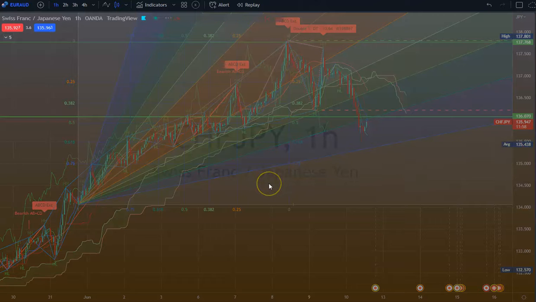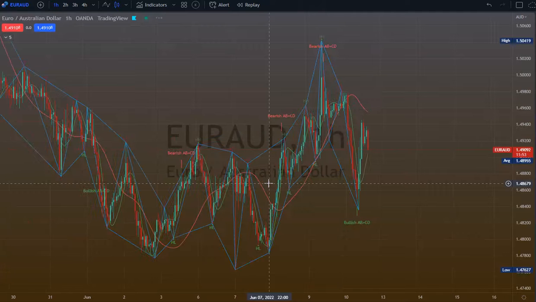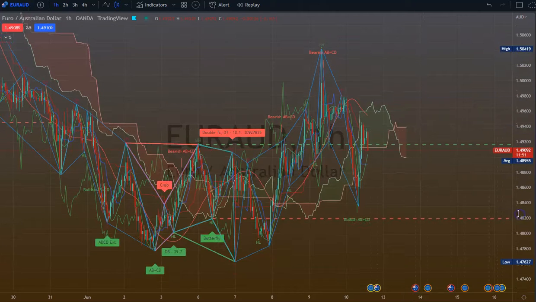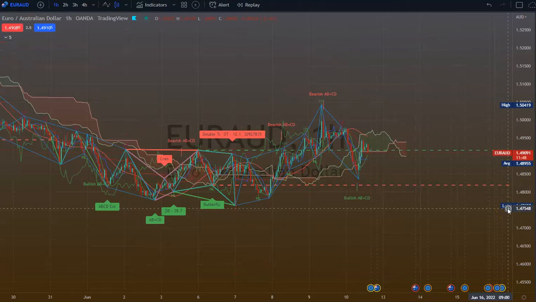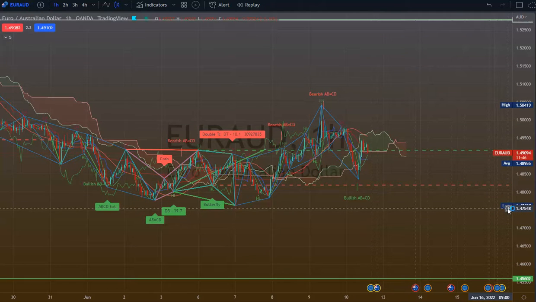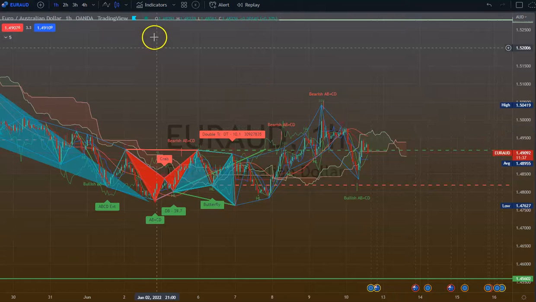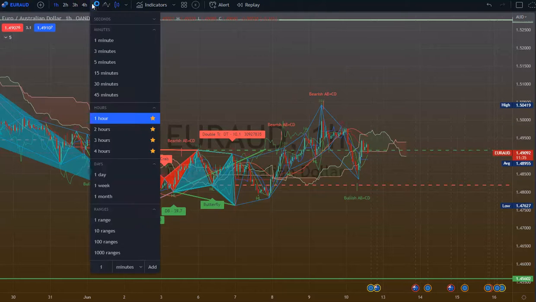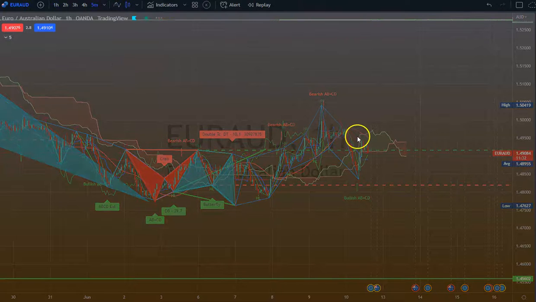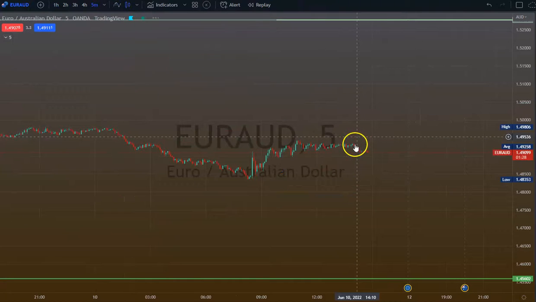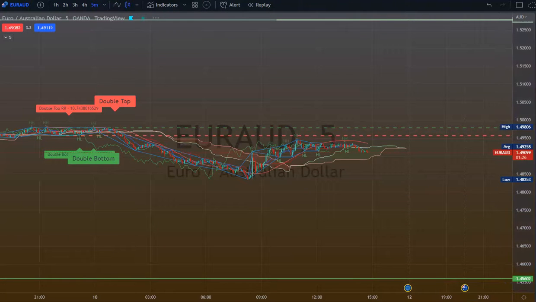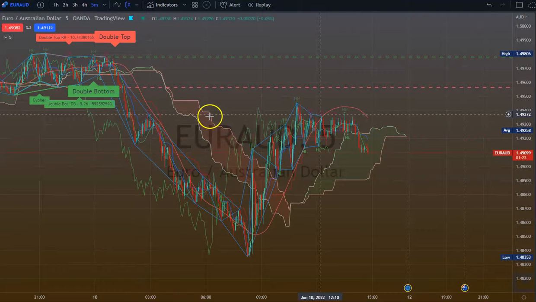Your AUD, that's the one going sideways on us. It's in that trade twice, gave up, got out of it. I think it was in a short. It was a buy in a short, something like that. And I said, this is going to go sideways, and that's what it's doing. Those you can't really trade, unless you're going to, yeah. You'd have to really zoom in to trade on something like that. We don't do 5-minute trades anyway. But you would have to do something like that when it's really sideways.